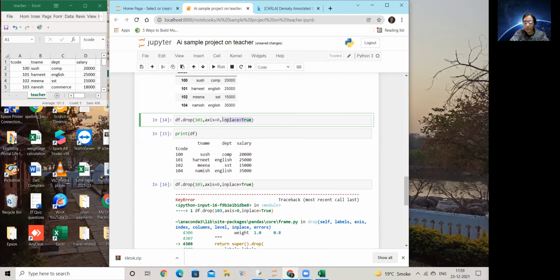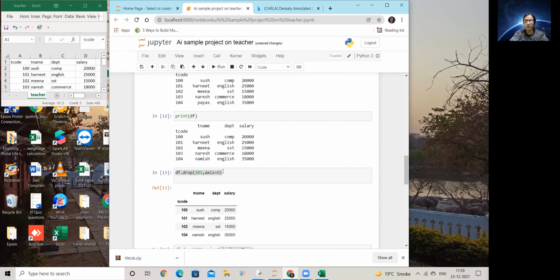When we do inplace equal to true, which is a permanent deletion, no output is displayed. That we have to be sure of. We have to print the data frame to check whether it has been done or not. And when I do not do inplace equal to true, then there is an immediate output. It will show you whether you're deleting a column or a row.